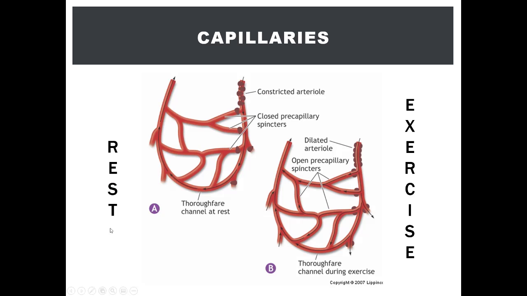Here, we see the capillary network of muscles at rest versus during exercise. Now, real briefly, you can see at rest that there is no blood flow through the arterial vessels, and the precapillary sphincters are closed because there's no pressure to open them. But during exercise, when there is increased blood flow to the muscle through arterial vessels, which we will discuss in much more detail later, there is enough pressure to open the precapillary sphincters and blood can flow through the capillary network. And as the blood flows through the capillary network, substances are exchanged with the cells.